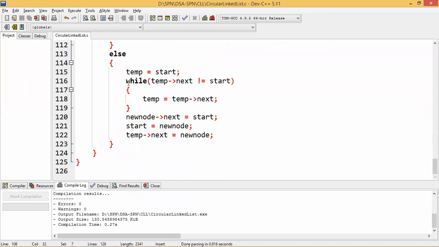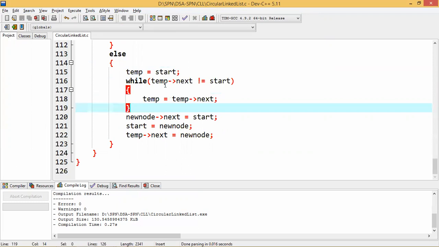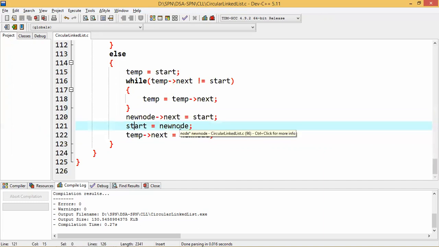And then here is the logic that I need to go to the last node in the circular linked list, because once I insert a new node at the beginning, the last node's next part will also change. So I need to reach the last node again. Right? Then the 3 basic steps I am following. That new node is keeping the address of the previous first node. Now start will currently contain the new first node, and the last node next will contain the address in its next part.